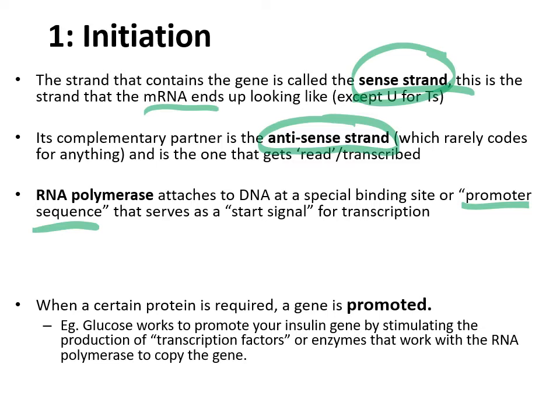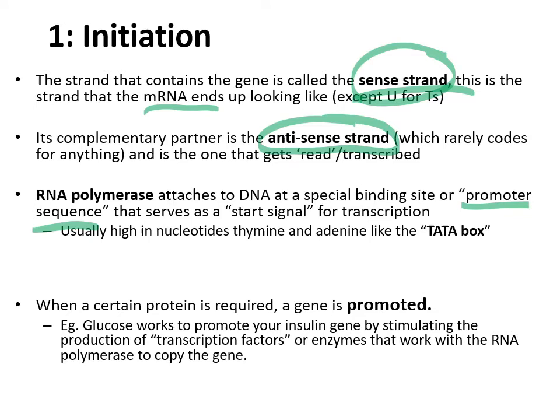This is also a mechanism of control. We don't want all of our genes being expressed all of the time. We've got genes for everything, right? And so we don't want to make the proteins for all of that stuff at the same time. We want to make it for when it is needed. And so these promoter sequences, as well as other things like them, are able to control which genes are going to be expressed when. So these tend to be high in thymine and adenine, and so we have what are called TATA boxes, TATA,